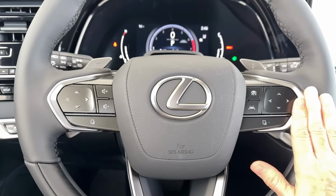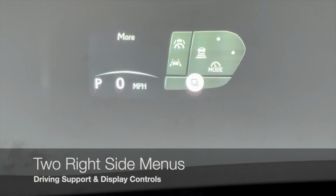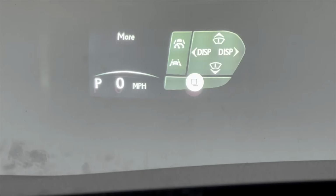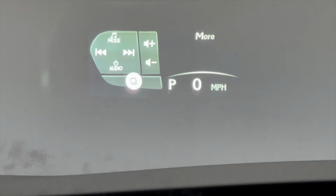There are two different menu options on the right-hand side and two different menus on the left. On the right-hand side, when you touch the controls for the head-up display, you'll typically default to the cruise control screen. If you press the menu or change button, you'll see the display menu controls. The left-hand side default view is for voice command and phone operation. If you press the menu or change button on the left-hand side controls, that will take you to the audio control